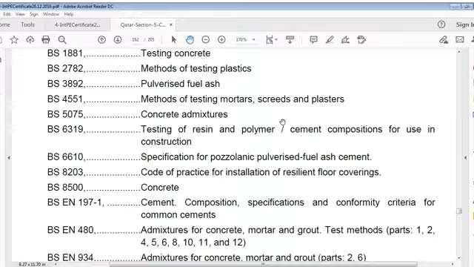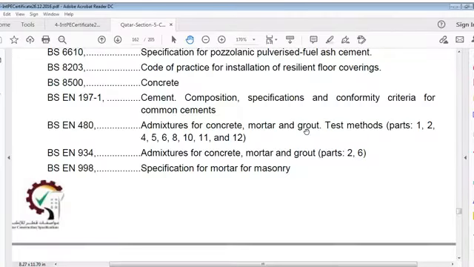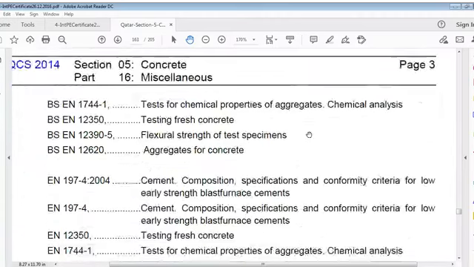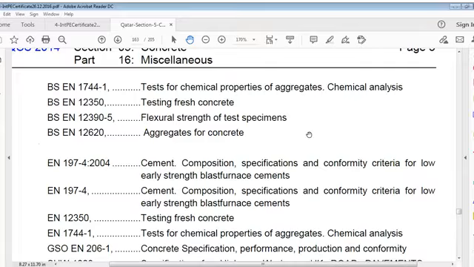Installation of Resilient Floor Coverings, BS 8500 Concrete, BS EN 197-1 Cement Composition, Specifications and Conformity Criteria for Common Cements, BS EN 480 Admixtures for Concrete, Mortar and Grout, Test Methods Part 1 to 5, 6, 8, 10, 11 and 12, BS EN 934 Admixtures for Concrete, Mortar and Grout Part 2 and 6, BS EN 998 Specification for Mortar for Masonry, and BS EN 1744-1 Test for Chemical Properties of Aggregates, Chemical Analysis, BS EN 12350 Testing Fresh Concrete, BS EN 12390-5 Flexural Strength of Test Specimen, BS EN 12620